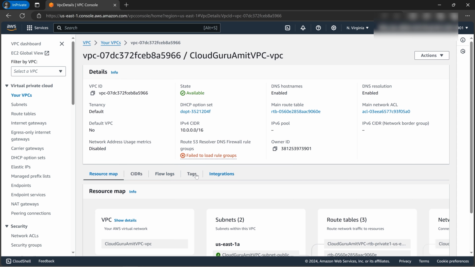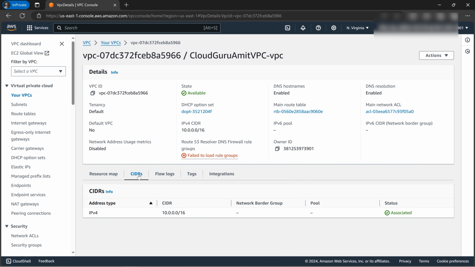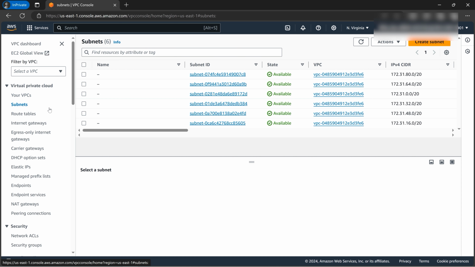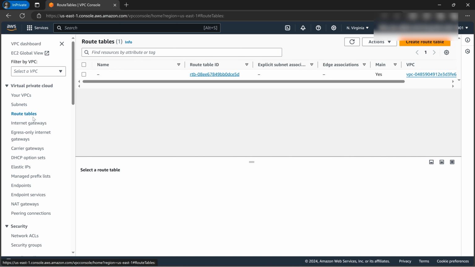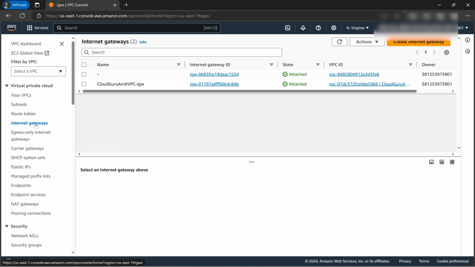So here are the configurations, so we can go to the CIDRs. This is what we have specified, this was a default if you remember doing the configuration. So this is what we require. Then we can go to the subnets part. So these are created. Then the route tables we can go. So this is the route table associated with it. Then internet gateways, so we have created this one,